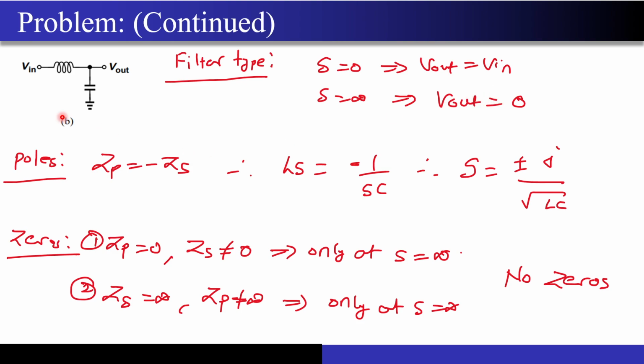Now how to find out the poles, right? Again, you have to do the same thing. Equate the impedance of this with the negative impedance of this to find the value of pole. The impedance of the series element, that is the inductor, is nothing but Ls. For this it is minus 1 upon Sc. What you will be able to find out is that the poles will lie on the imaginary axis, right? So now let's try to make sense out of it.